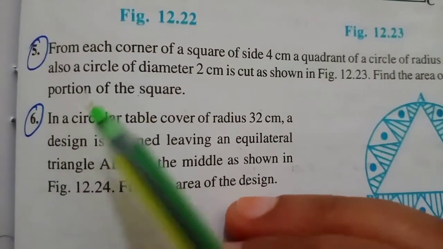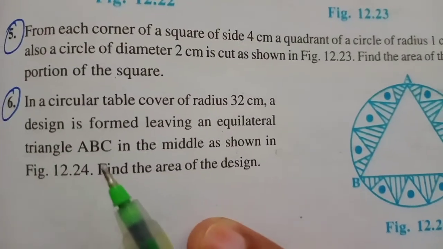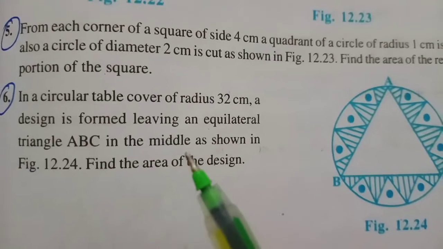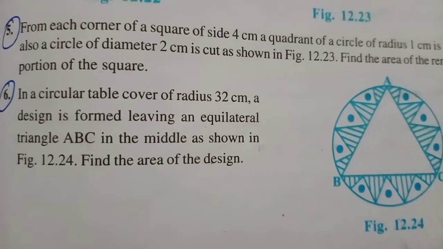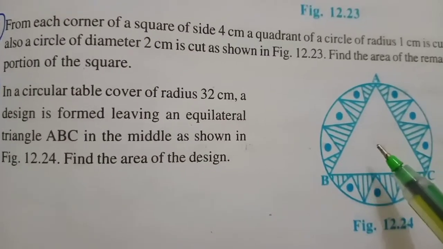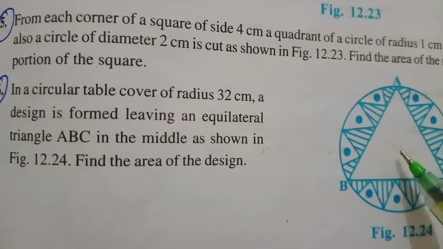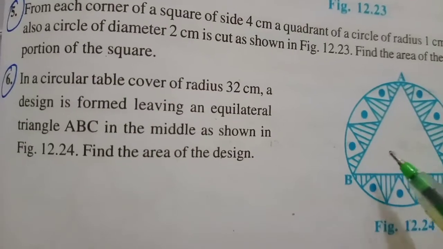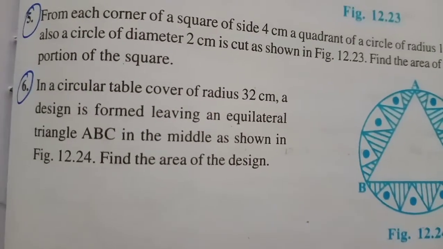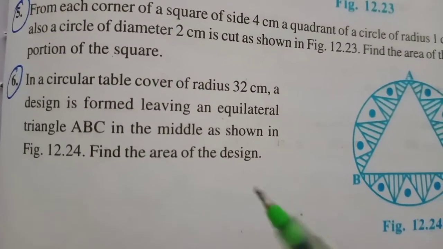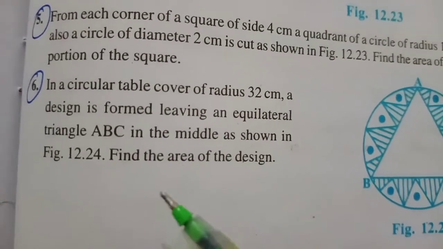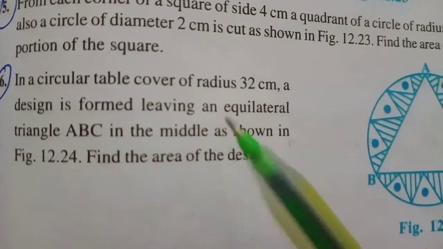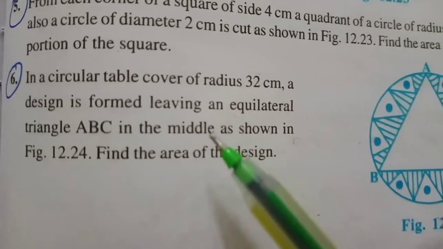Before I go to the 7th question, note this very important point. This year, this question is deleted from your syllabus because, as I said before, when the angle of a sector is 120 degrees, that type of question is deleted. Already I showed you 2 questions in the previous exercise where the angle of the sector was 120 degrees. Those 2 questions were deleted, and along with them the 6th question is also deleted. Let me explain why it is deleted.